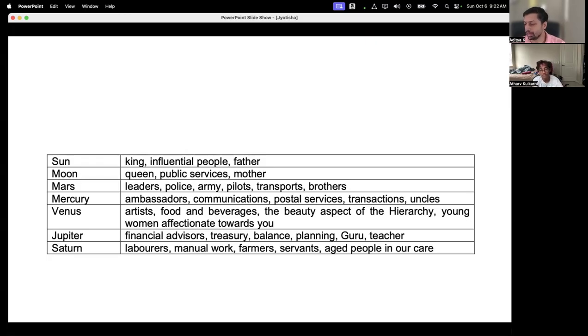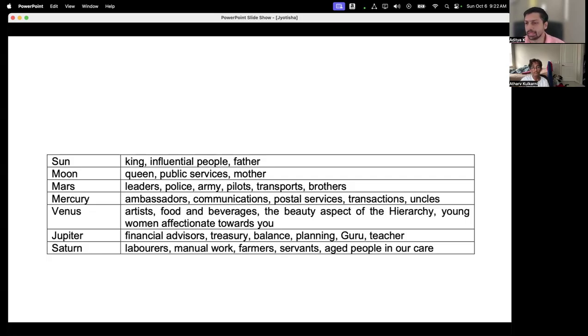If you like creating, if you have hobbies such as decorating your house, putting up Christmas decorations, right? Making your room look nice, putting up paintings in your room. For women, it can be jewelry, buying the kind of jewelry that they like. All of that is governed by Shukra.